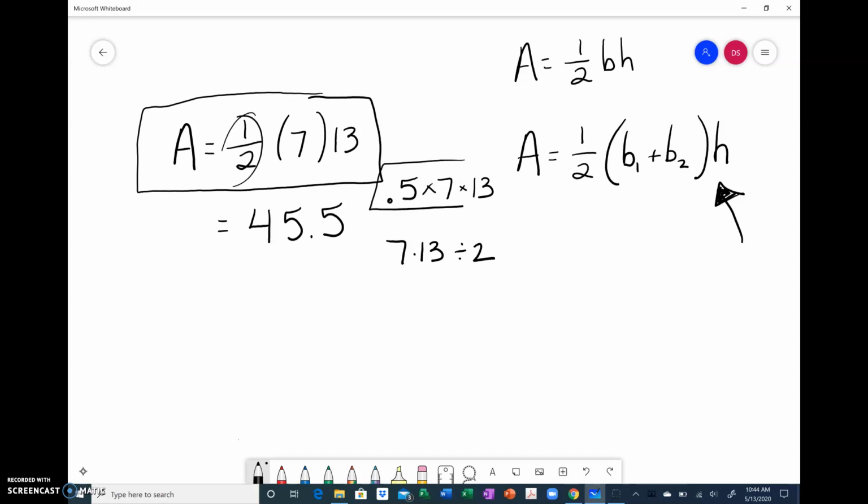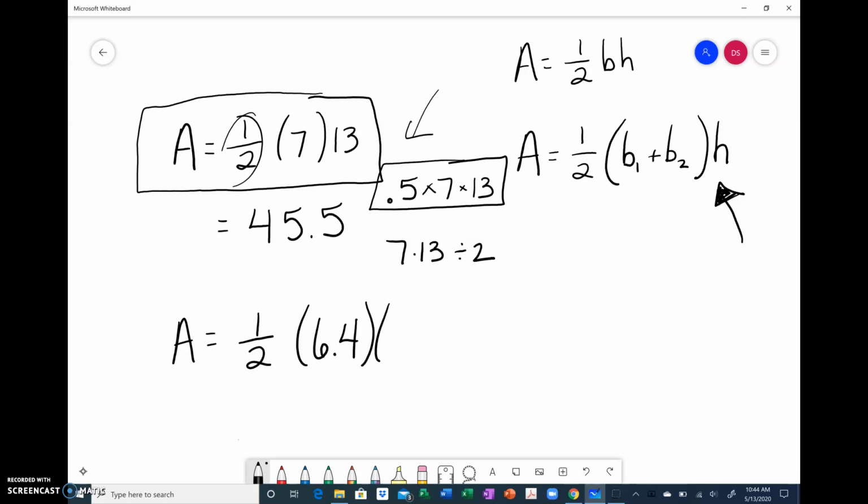But my recommendation, since you're allowed to use a calculator, is to do it this way, okay? If you don't show me any kind of work and you put 455, I have to take off all the points, okay? So be wise about that. Number 2 on guided practice, area equals 1/2 or 0.5 times 6.4 times 14, okay? If it were me, I would type 7 times 6.4 into my calculator, and you should get